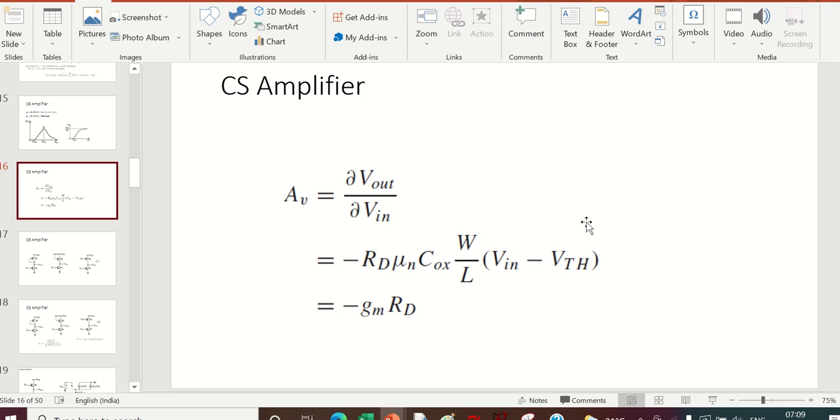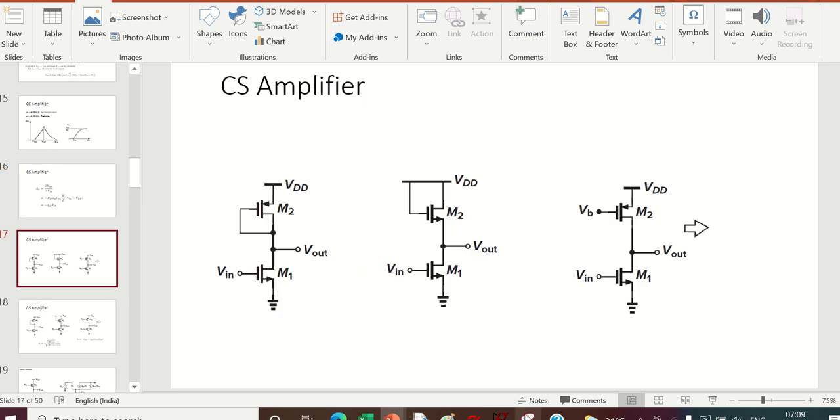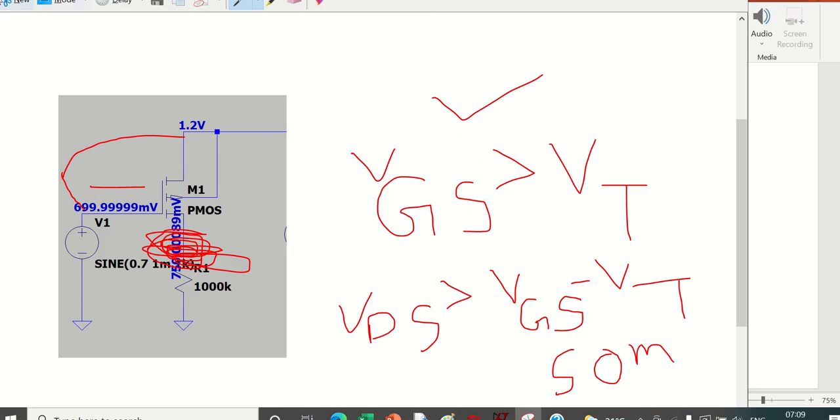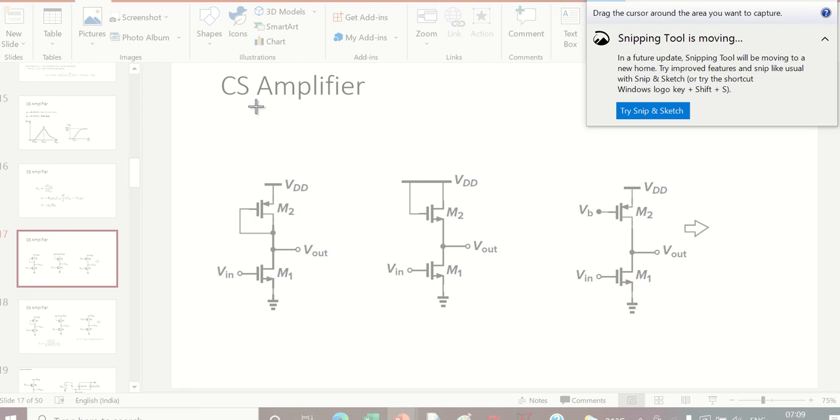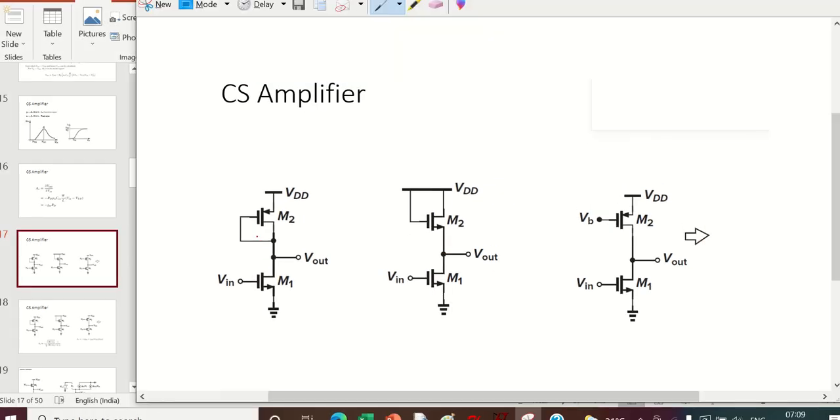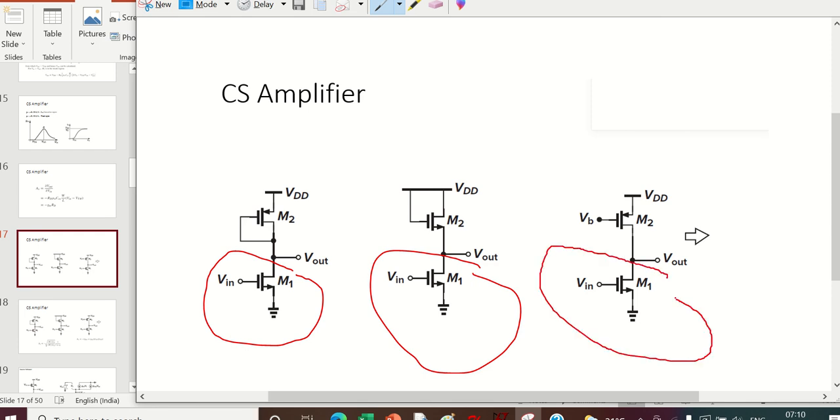Okay. So let us see that there are three variants here. This is one variant. All of these you can see, the lower part is the same, because it is an NMOS based common source amplifier. So all three lower parts are the same. Here the upper part I am going to replace with a diode connected PMOS. This is PMOS. Okay.